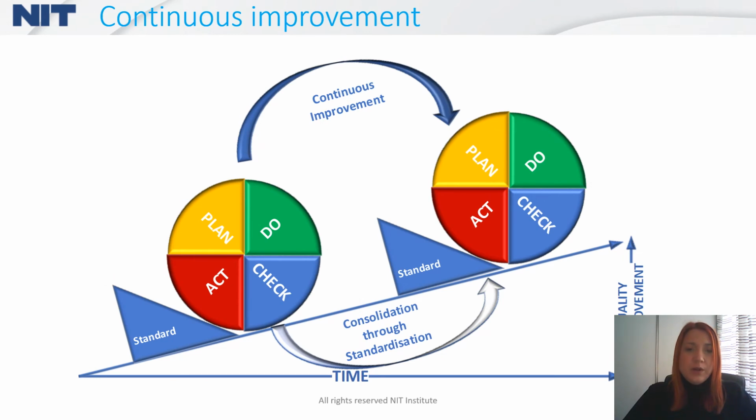We now know what the PDCA cycle is, but how can we do continuous quality improvement with it? You can see, as I already explained, that we have 4 basic phases. In the first phase, plan, you need to establish objectives and processes required to deliver the desired results. Then the phase do means that you need to carry out the objectives from the previous step. During the check phase, the data and results gathered from the do phase are evaluated.